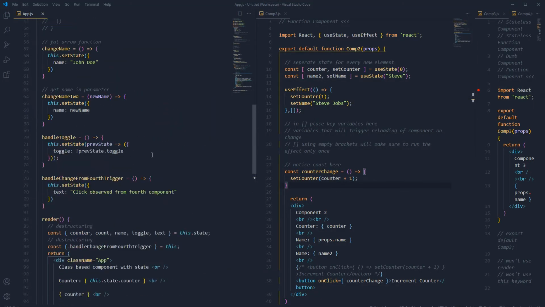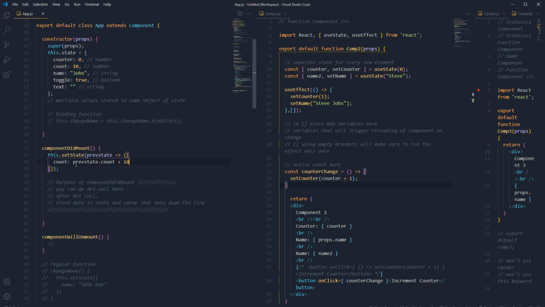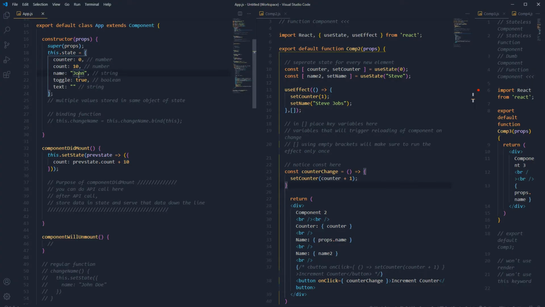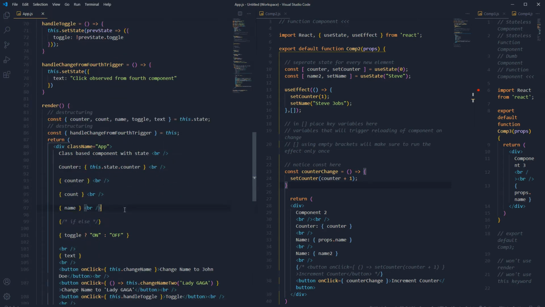So 20 is the count. So count was 10, but we changed it, we incremented it with 10, so it became 20. When component loads, it becomes 20. So we are seeing 20 here. So this is John, this value, name,